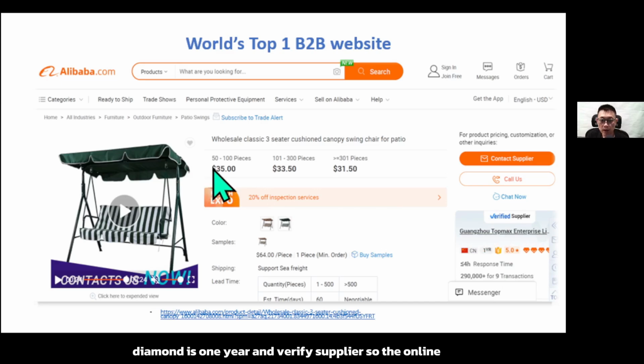So the online marketplace can lower the transaction cost, because before you purchase, you can verify, you can evaluate the data to find an ideal, a suitable supplier, and you can check the product's information online before you make a purchase. And all your transactions, even when you chat online, you see here, you chat now, all the chatting, what do you say, what did the supplier promise, the data is kept